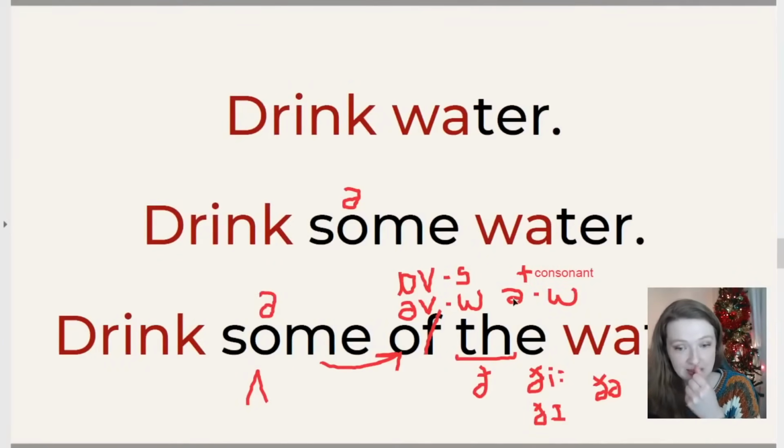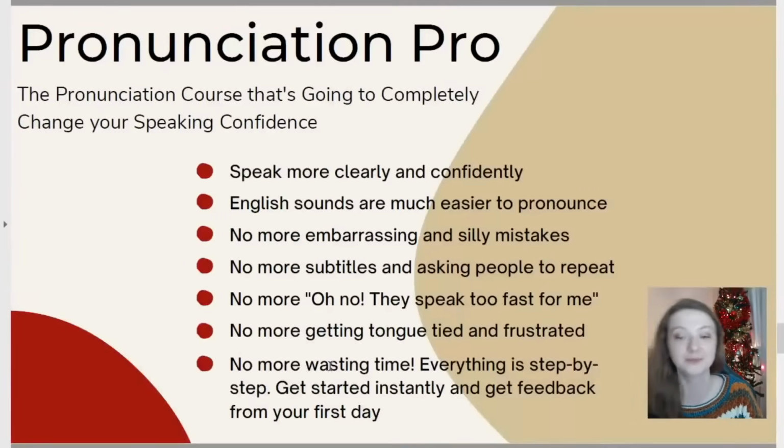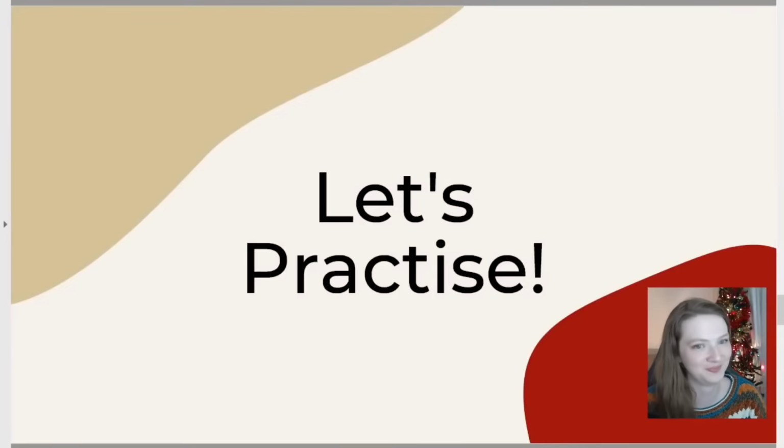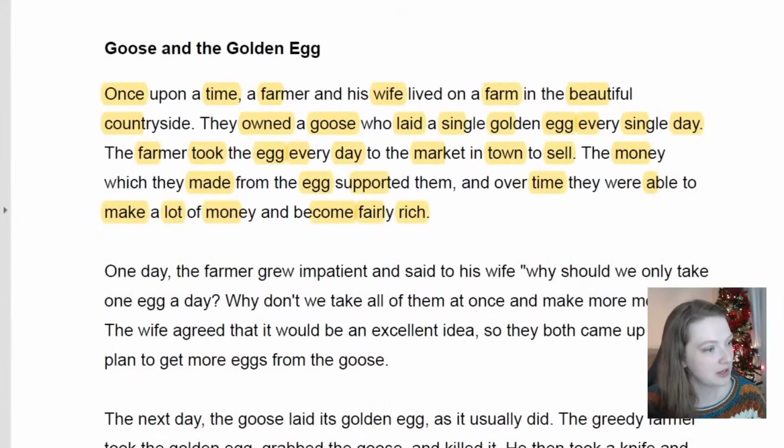So with this one, the "of" is the strong form. "Of" is weak, but tends to come before a consonant sound. The "the" is a consonant sound, yeah? So it's quite normal for us to cut the "the" and just say some of the, drink some of the water, yeah? Quite normal to do. Any other questions?